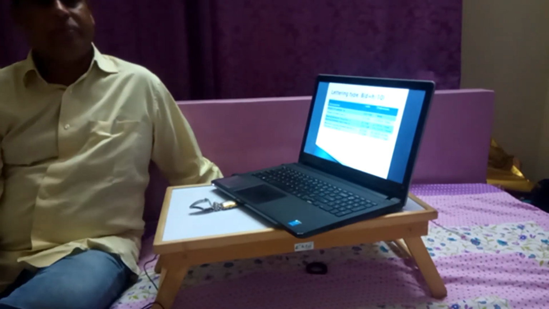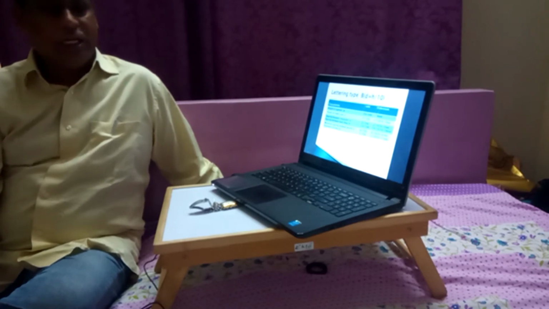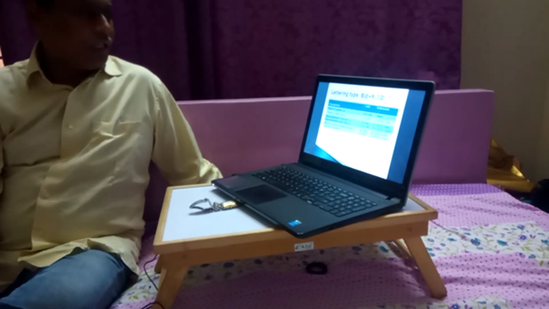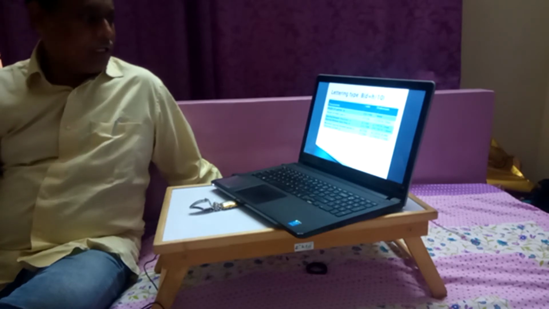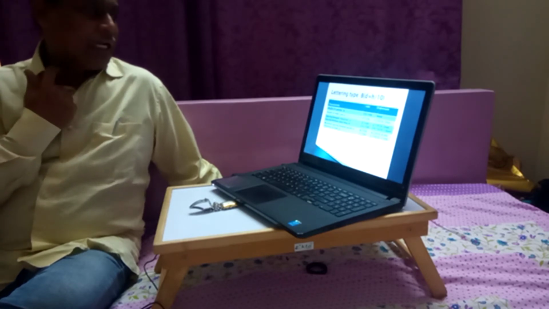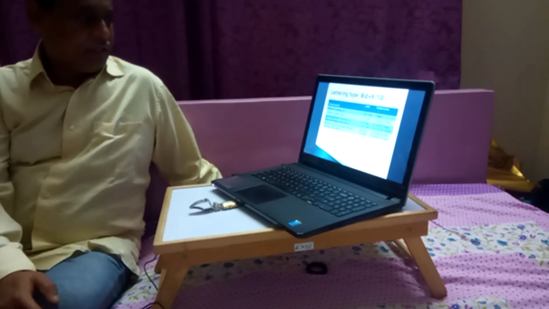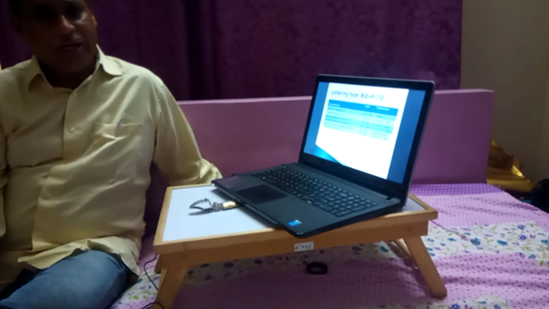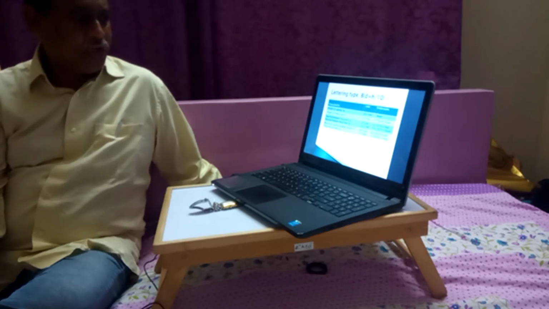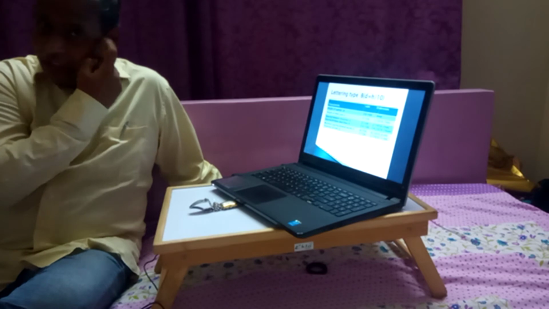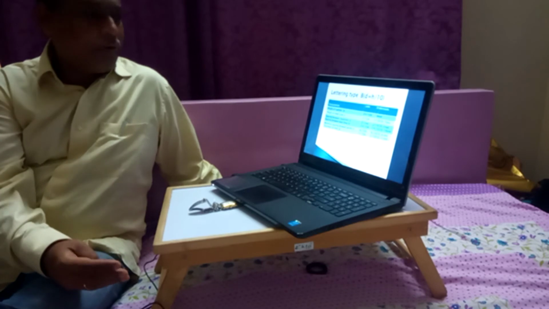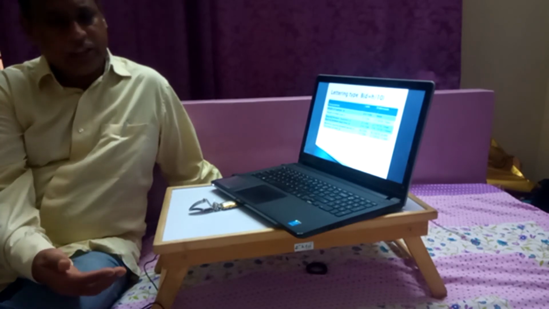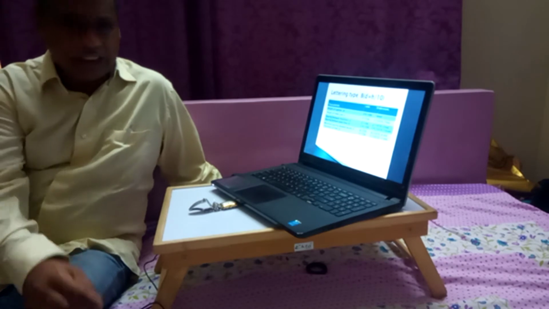For lettering type B also, we have a specification, that is d should be equal to h by 10, and other specifications are: for capitals it is 10 by 10, for lowercase it is 7 by 10, spacing between characters is 2 by 10, spacing between baselines is 14 by 10, and spacing between words is 6 by 10. Thickness of the line will be 1 by 10. So by multiplying h with all these ratios, we will arrive at the size we have to put between the characters, words, or baselines, etc.